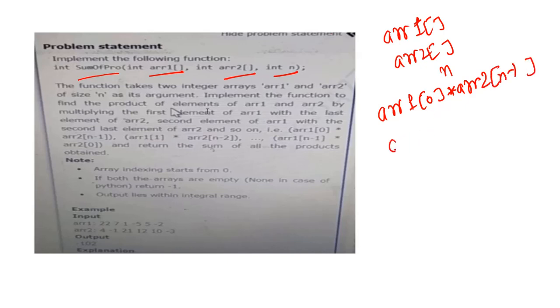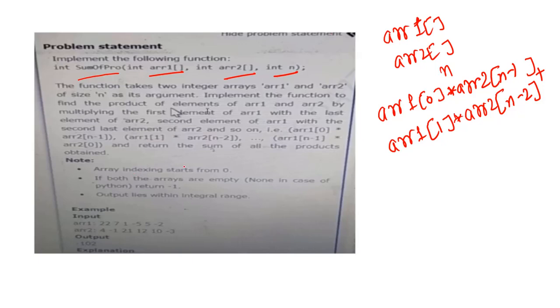Similarly, the second element of arr1, stored at the first index, you have to multiply with the second last element, that is n minus 2. So this is what you have to do, and then you have to return the sum of all the products obtained.